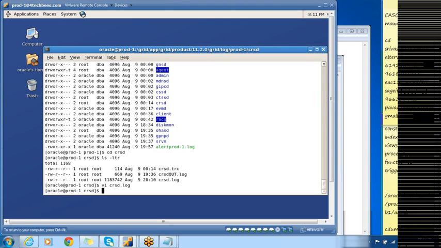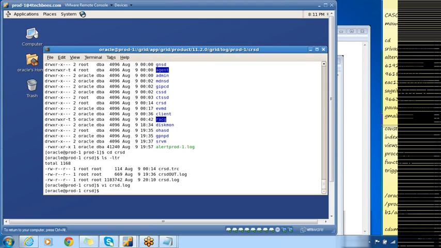I thought someone would ask me about init+ASM1.ora. Usually we give the location of the SP file in the P file, right? Whenever we have the SP file in ASM, we give the location of the SP file in the parameter file. But here, if I look at my init+ASM1.ora, I don't have the location of the SP file in that file. So if you remember, I said grid plug and play profile.